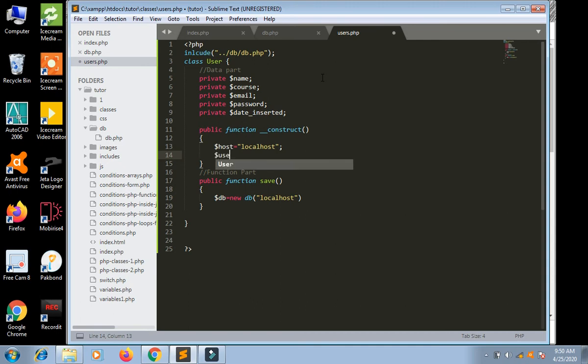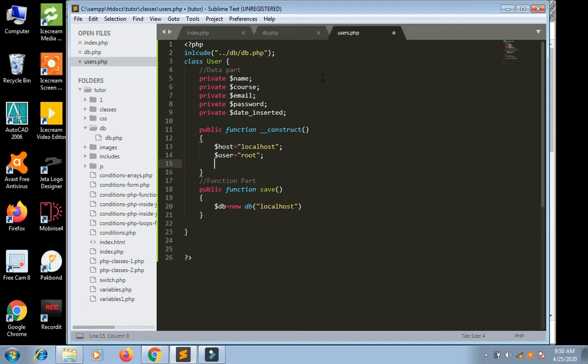Now we have user is equal to root on MySQL. Root is the administrator of MySQL. So you should not use root in a production site. You have to create another user on MySQL. Root is for you, the administrator. Password is equal to empty. There is no password here. You should set a password for the root. Always set a password for the root.